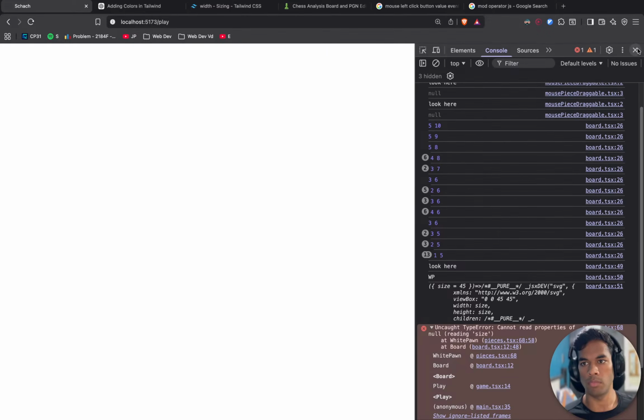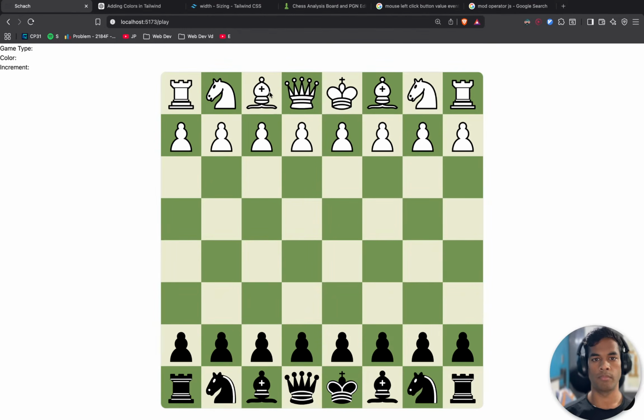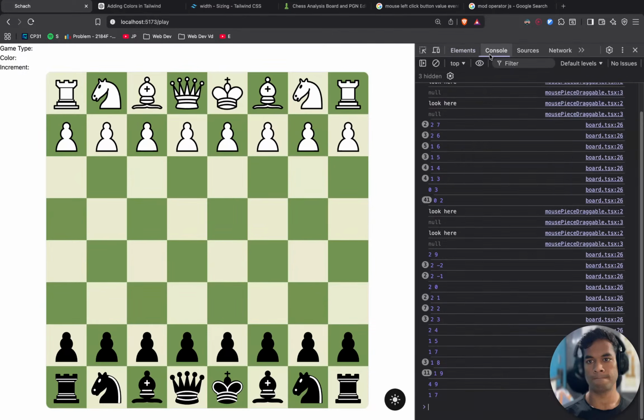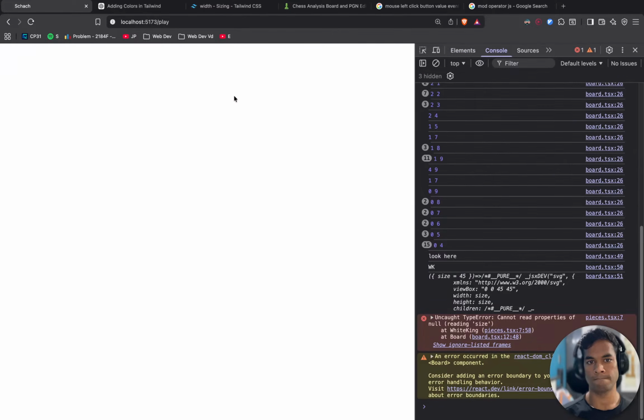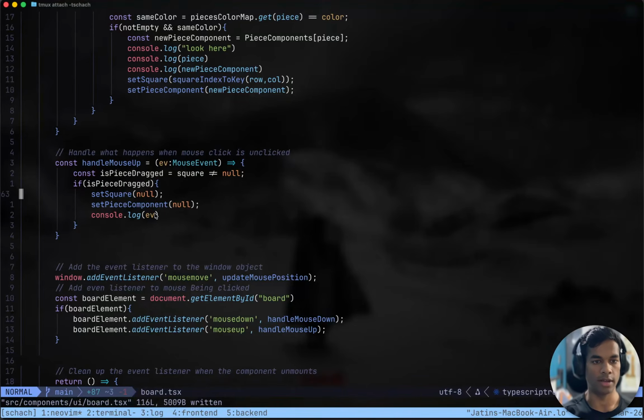Cannot read properties of null reading size, with white font. Now, do we see the white king now? White king, we do see the white king now. Okay.